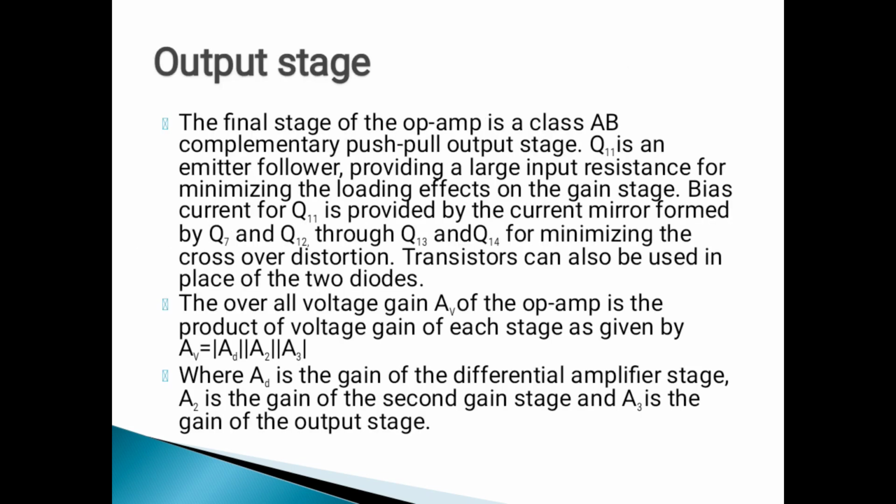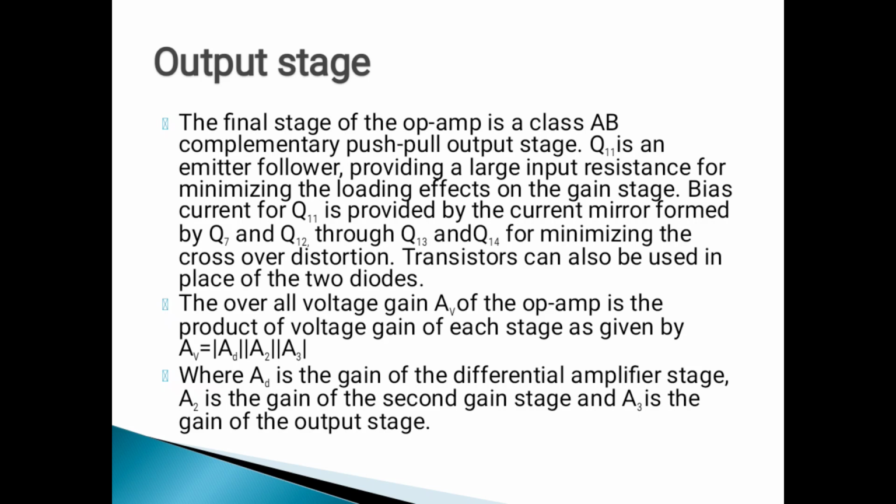The output stage. The final stage of an op-amp is a class AB complementary push-pull output stage. Q11 is an emitter follower providing large input resistance for minimizing the loading effects on the gain stage. Bias current for Q11 is provided by the current mirror formed by Q7 and Q12 through Q13 and Q14 for